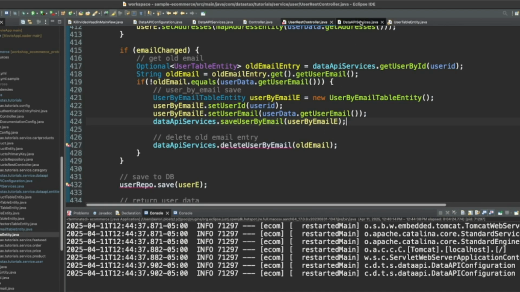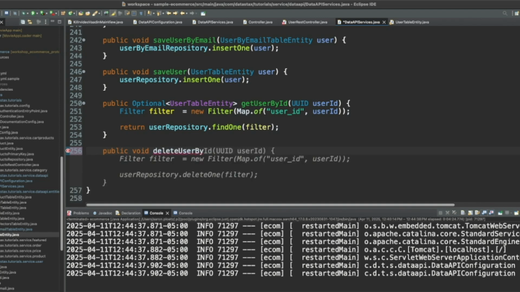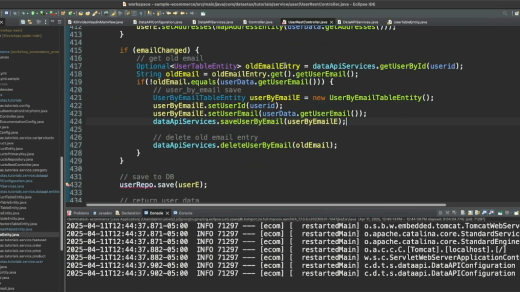So now we can go into data API services. You can say public void delete user by email. And that's going to be, yep, string email. Delete one. All right, outstanding.